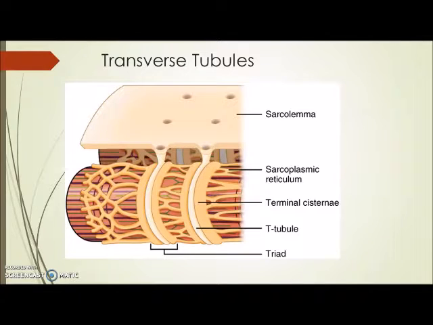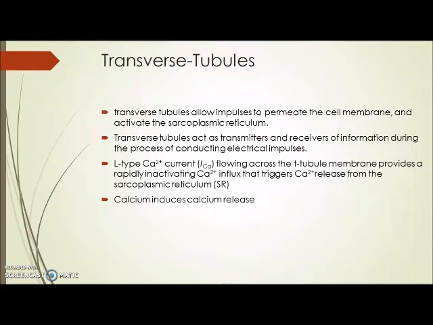The second important component in helping the electrical signal move from cell to cell is the transverse tubule. The transverse tubule is also known as the T-tubules. It is an extension of the sarcolemma, which is the muscle cell membrane, that penetrates into the center of the skeletal and cardiac muscle cells. How it helps in transmitting the electrical signal is that the transverse tubules allow the impulse to permeate the cell membrane and